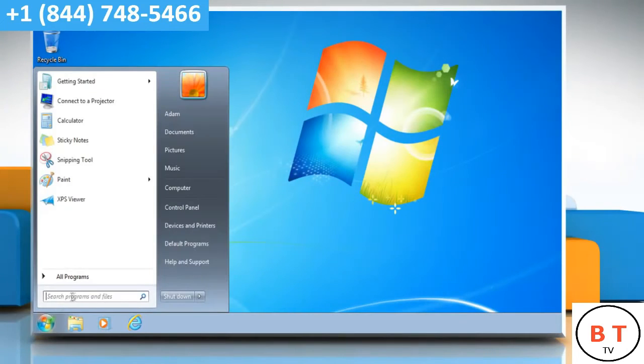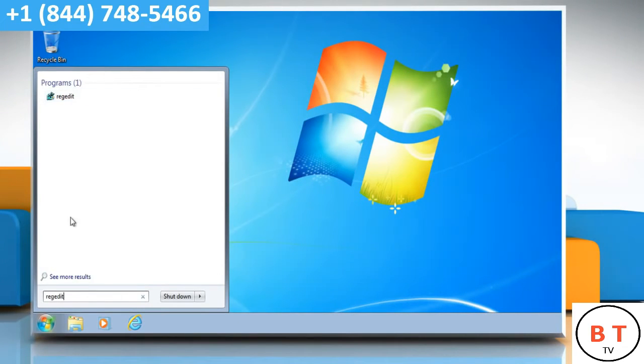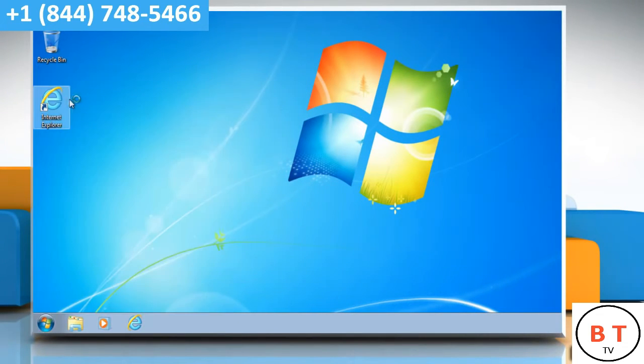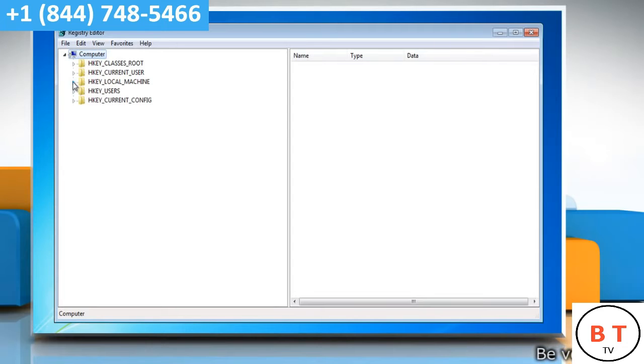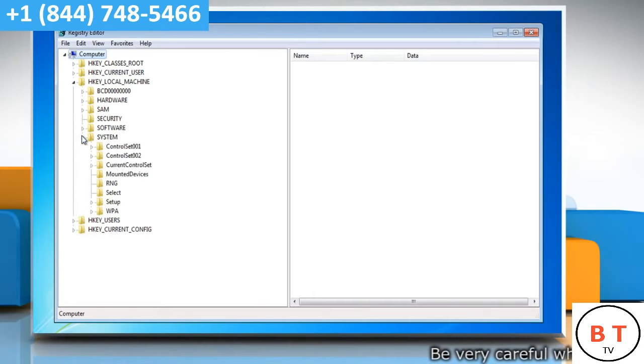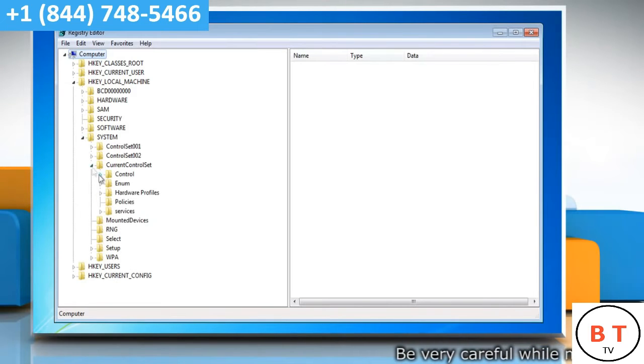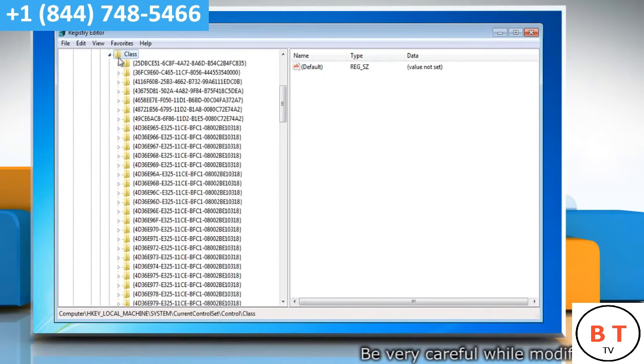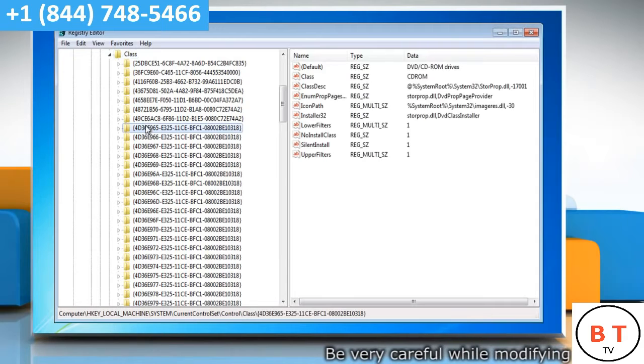Start and then type regedit in the search box. Select regedit from the list. When you get the registry editor, navigate to HKEY_LOCAL_MACHINE\SYSTEM\CurrentControlSet\Control\Class\{